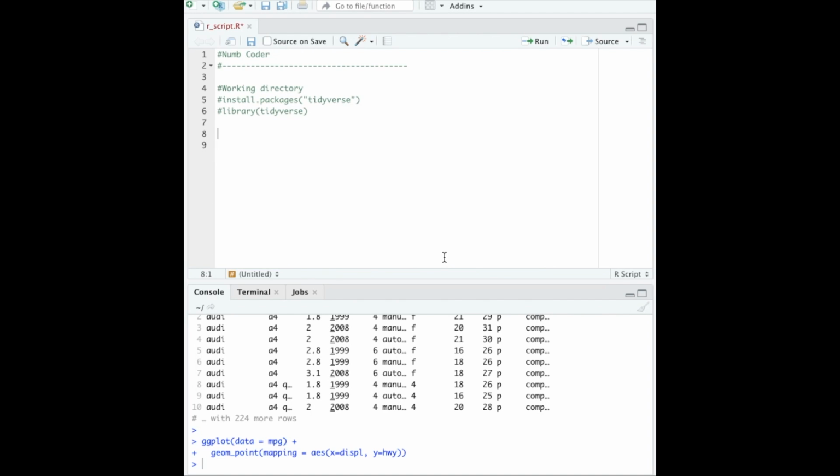How to install packages and load into RStudio. So for example, let's first install Tidyverse as an example. So what we can do,